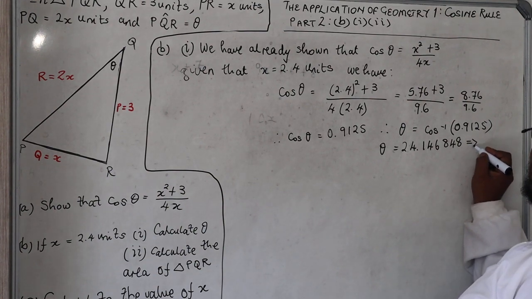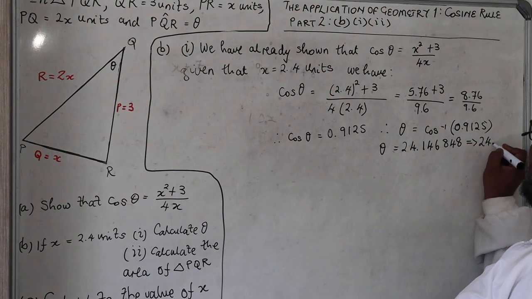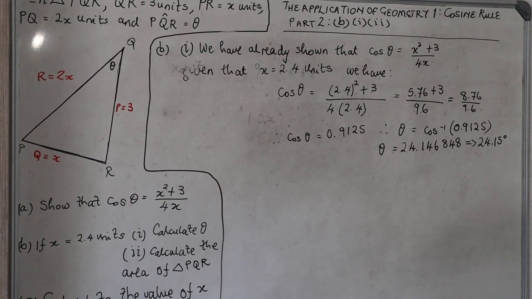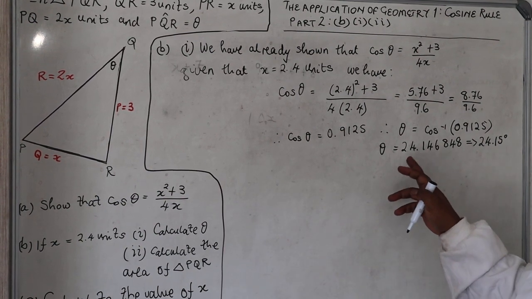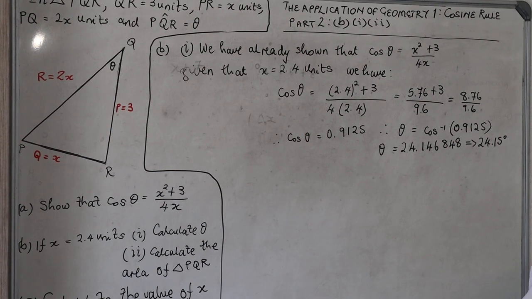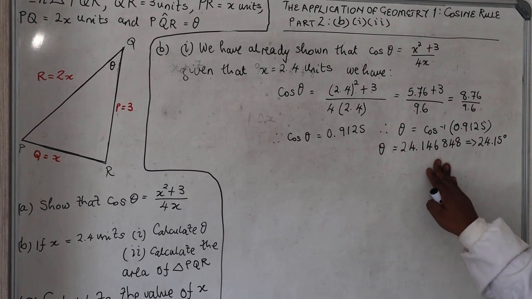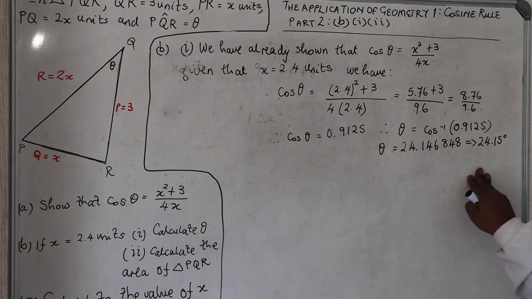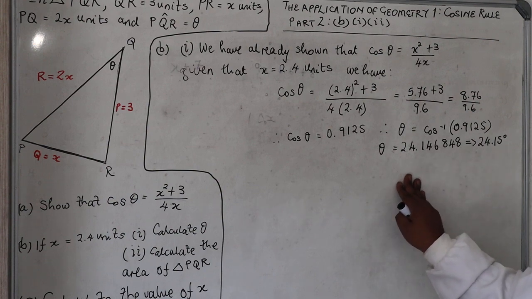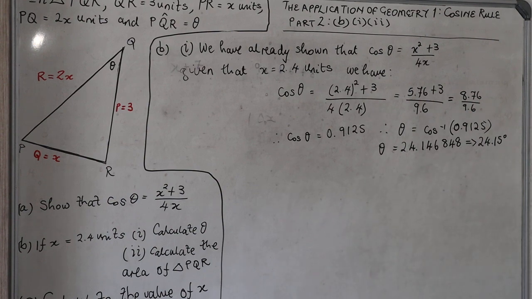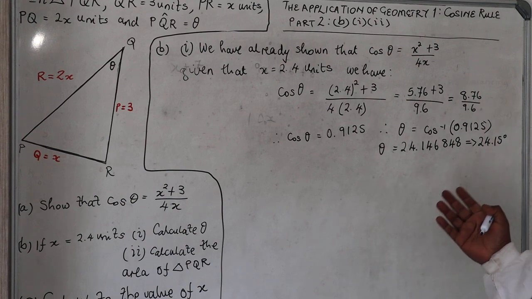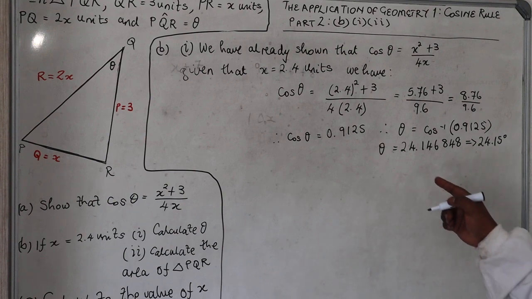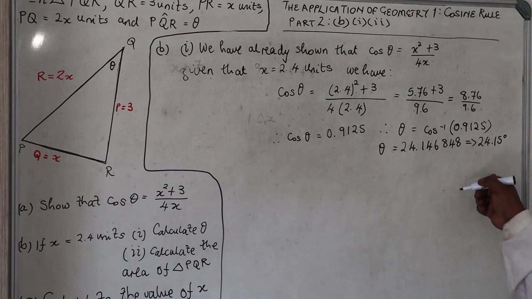which is approximately 24.15 degrees. So when you are dealing with problems that have got decimal places, don't round off before you get to the final answer. Use the decimal places as they are. If you round off too early, your answer would be too big compared to the real answer. So you just continue with the decimal places that you have, and then you round off at the end. So basically this is the value of the angle theta there,